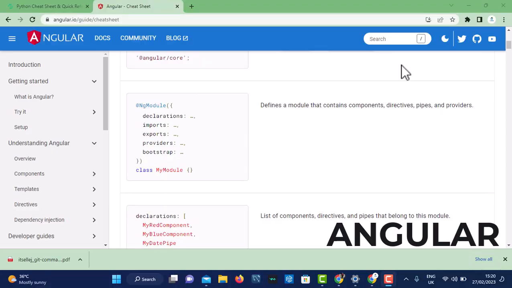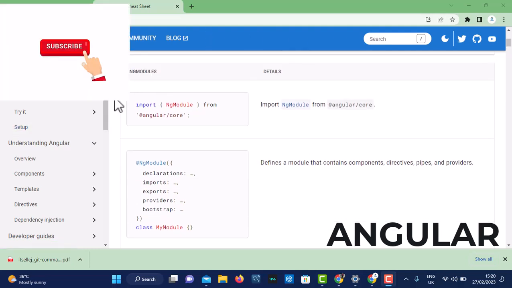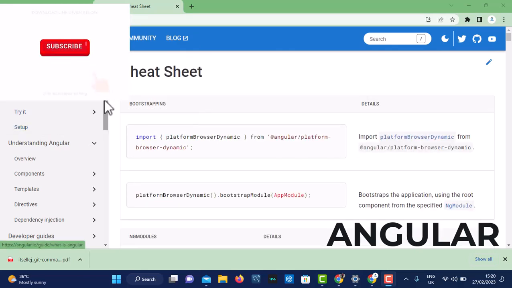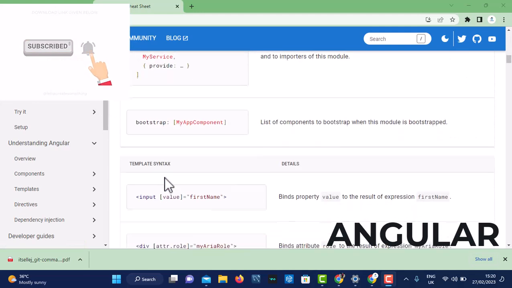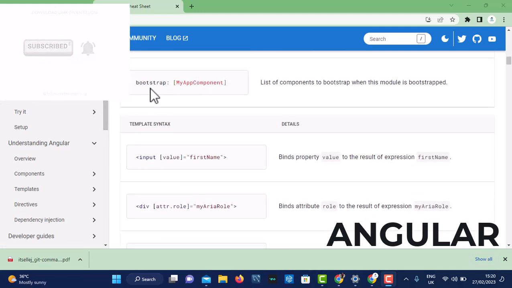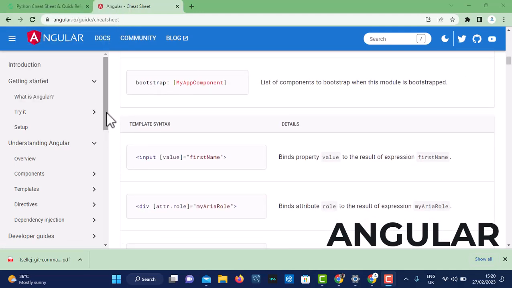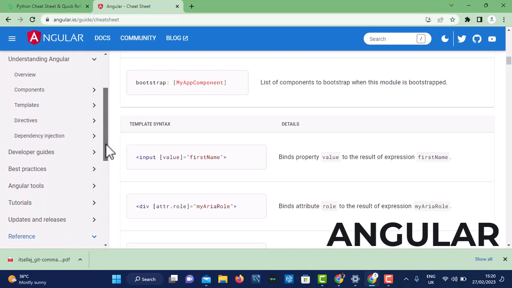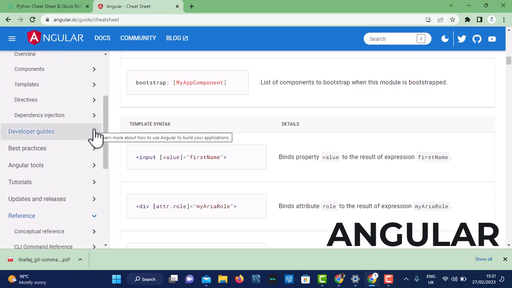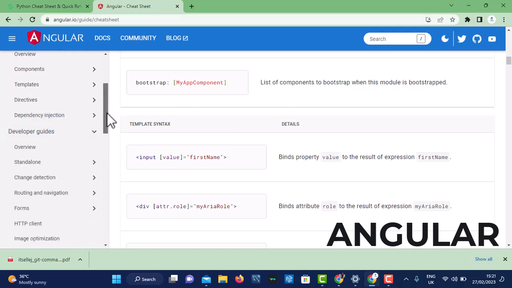The next one is Angular cheat sheet. It is on angular.io. If you look at it, you will see introduction, how to do import, NgModules, declarations, providers, how to implement bootstrap on it. You will see overview, components, templates, directives, dependency injection. It even has a developer guide,